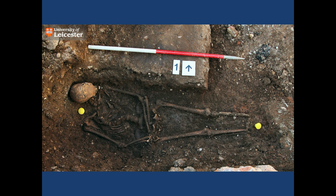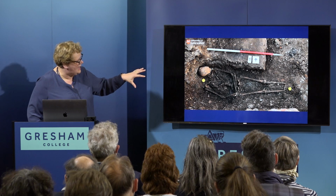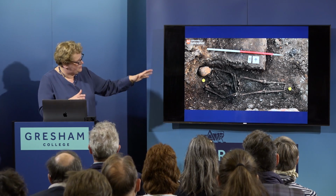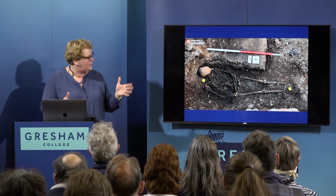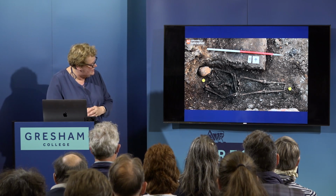It most probably indicates that they were tied at the point at which the skeleton was put into the trench, because normally, people would be laid with their arms crossed or by their side. You can see there's an obvious curvature of the spine, and interestingly, the head is above the main level of the skeleton. So we think that what happened was that the body was put into the trench, feet first, and at the end they couldn't quite fit him in, so they had to prop his head on his chest. So slightly unusual, but indications of